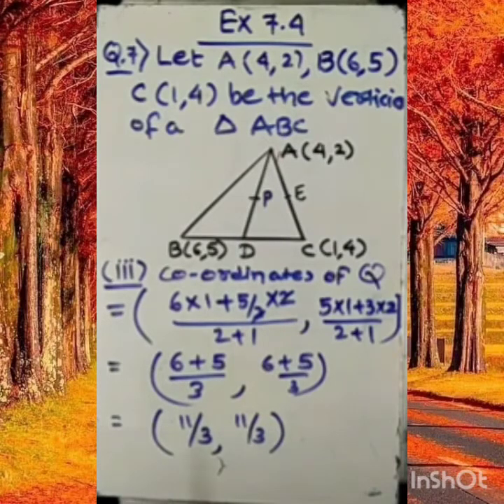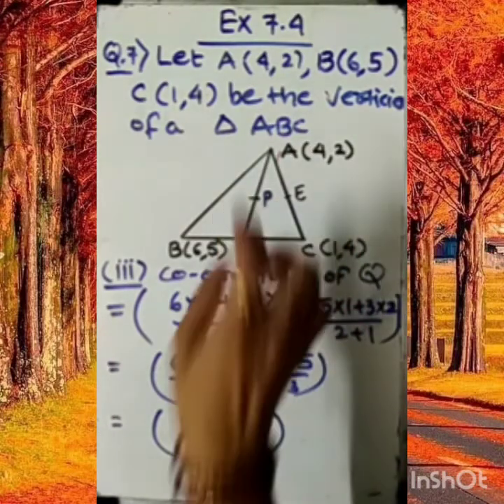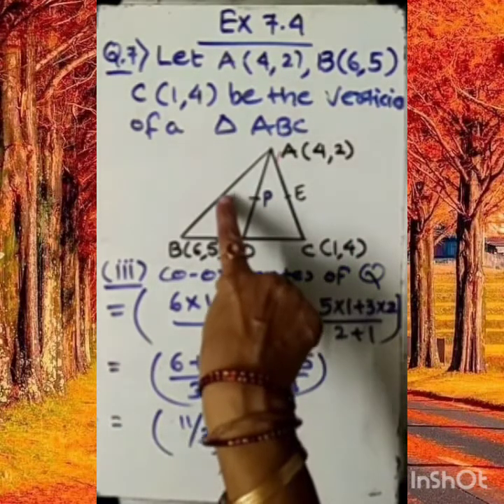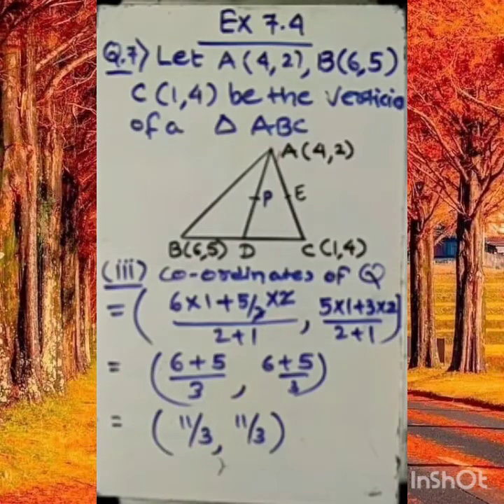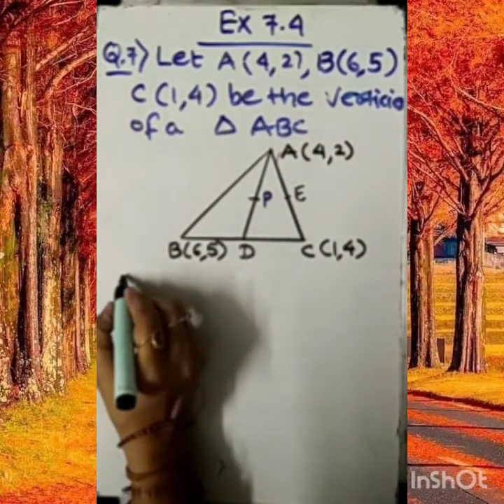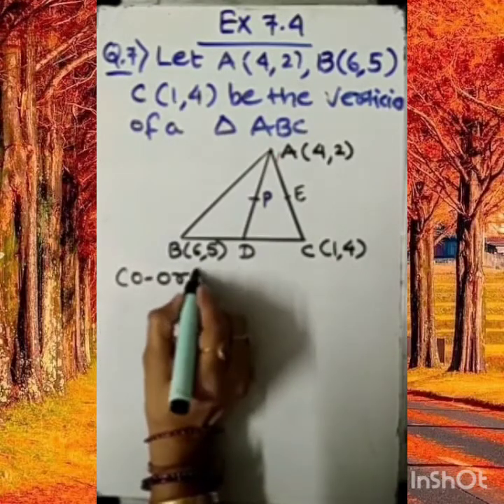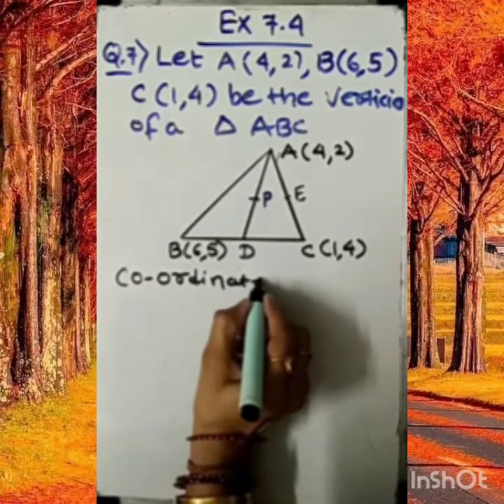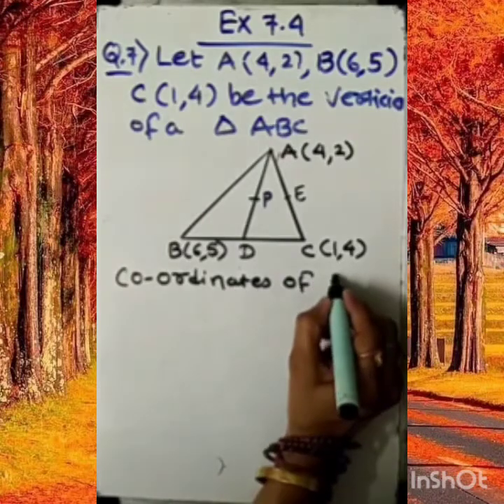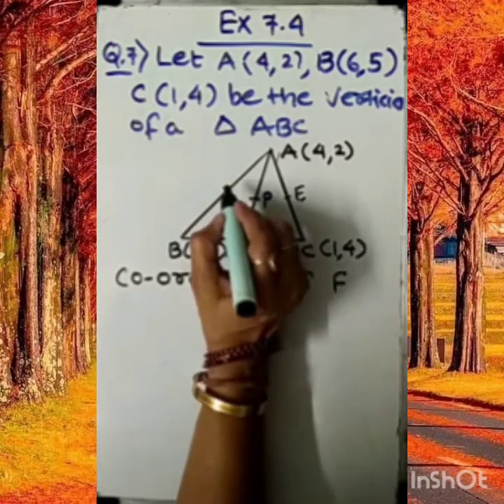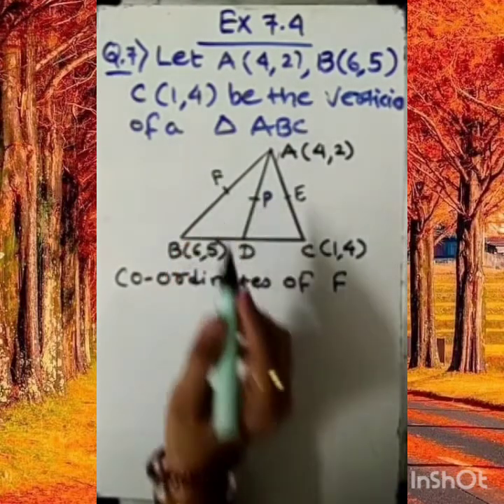I think it is true for the third one as well. Let's check for CF. It is given for CF. This is C and F. First we need to find the coordinates of point F. So let's begin. So my dear student, here I need to mention the coordinates of point F now. Here it lies somewhere on CF, and we need to find its coordinates.